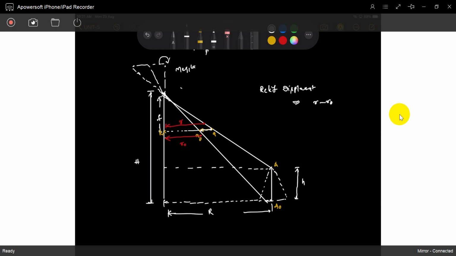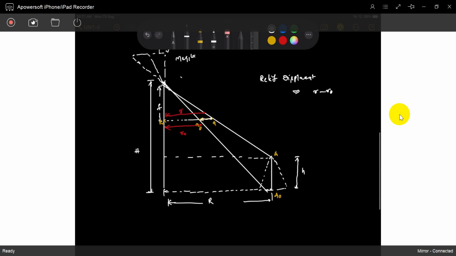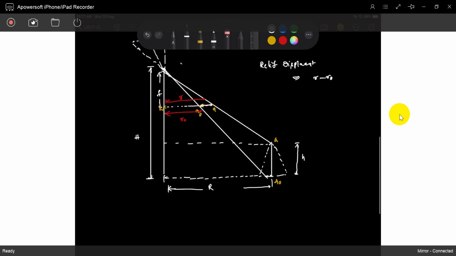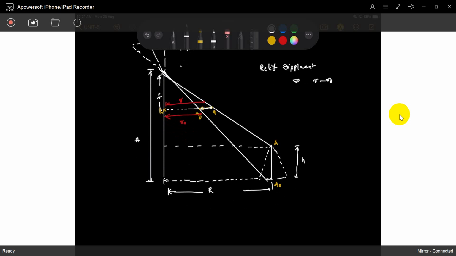In a photograph, the same object has only one coordinate, but it shows different coordinates. It will project two different points. So why is it so? Because it has some elevation. That's why the top and bottom points also have a projection on the photograph. So what is the relief displacement? That's the question. Now we have to find out what r is and what r naught is. Can you capture it? It is easily captured here, because we have already seen it, based on the scale of the photograph.